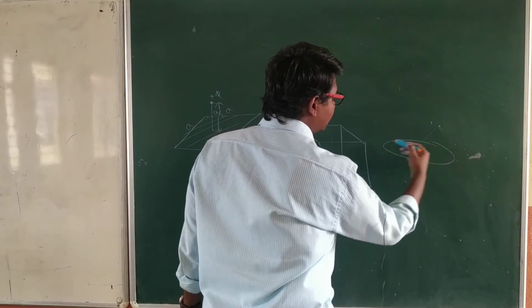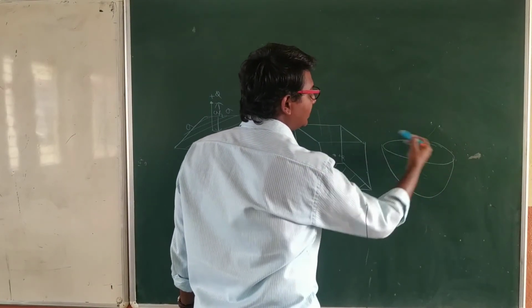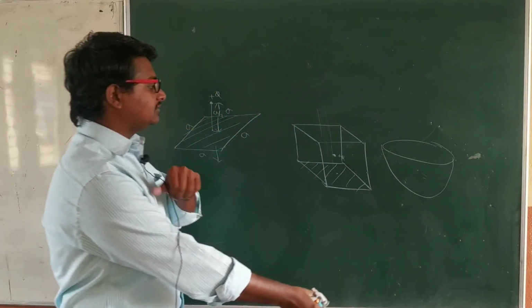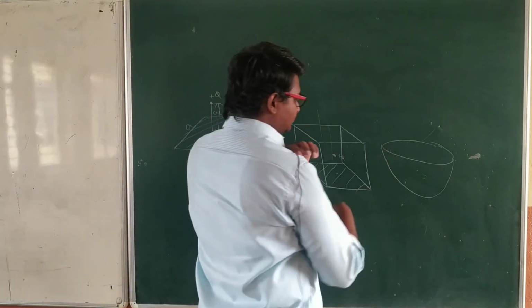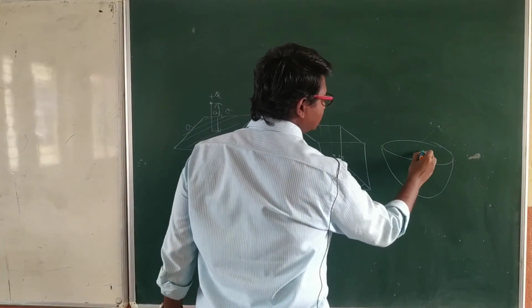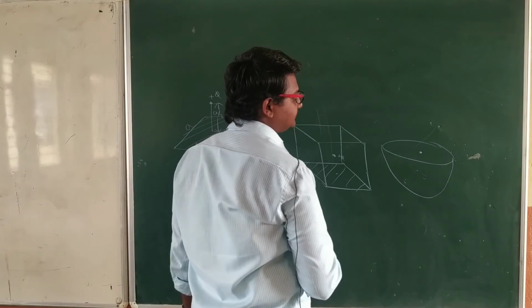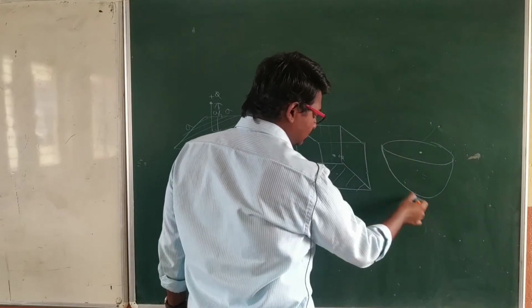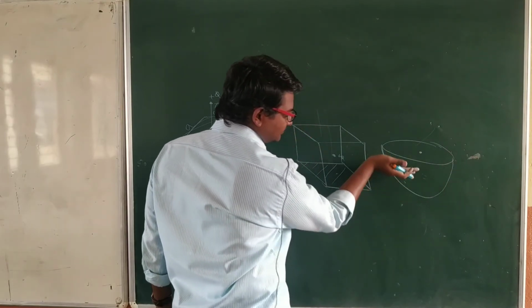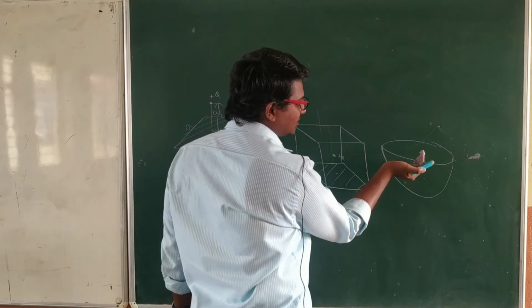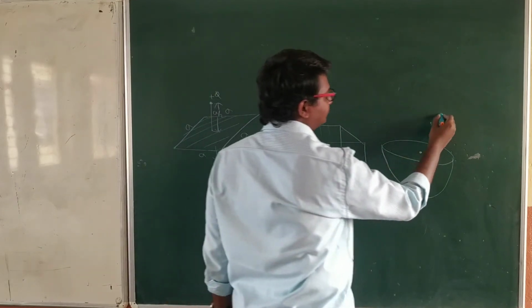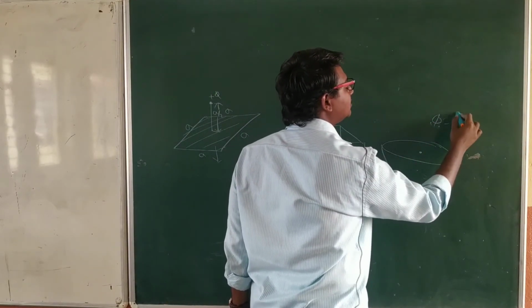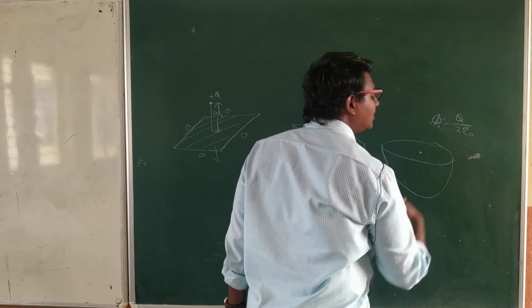Here a hemispherical surface I am taking. See, if you consider this one clearly, the charge is placed exactly at this position, and we got the answer, means through this surface, this down bowl like structure, how much flux is going? Phi is equal to Q by 2 epsilon naught, we got.